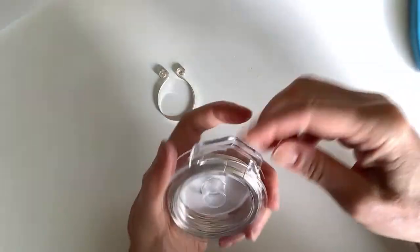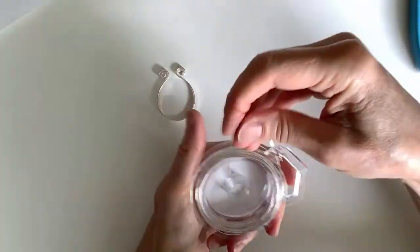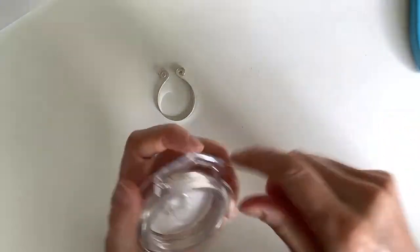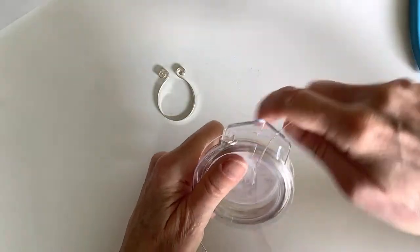Yeah, I just made one other pendant earring thing, so you didn't miss too much. And I'm just going to cut a piece of the 22. This might be too thin. It's weirdly tangled. There we go. So I'm going to just cut a piece of this and